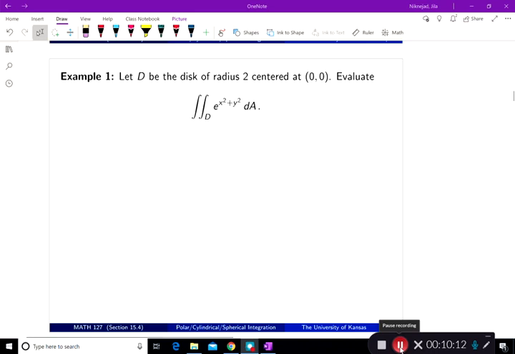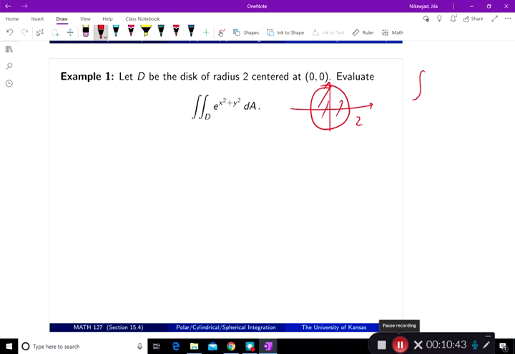So now let's do an example. Here the double integral over D, where D is a disk of radius 2. Here's the disk of radius 2. And e to the power x squared plus y squared dA. If you remember, when you start integrating this one, the first thing that you see is